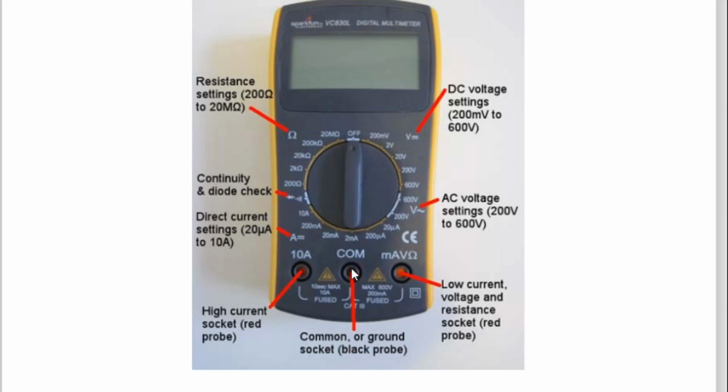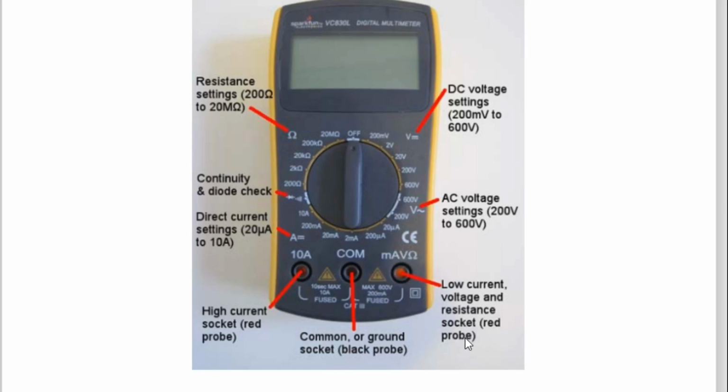And here this is the common, there is one probe, so common or ground. The black probe must be inserted over here, and there are two locations, on the right hand side and on the left hand side. 99% we use the right hand side location. See here, mA means milliampere, V means volt, and ohm means resistance. So these three parameters are measured over here by connecting the red probe over here.